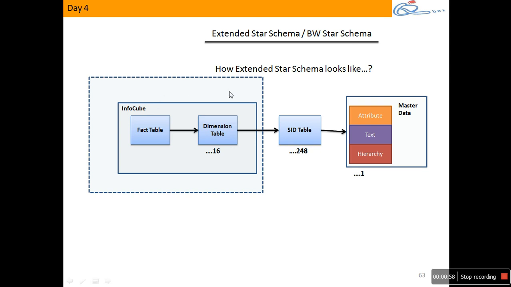Now if we are focusing on this part of it, only the tables, what is part of the cube, then we'll combine both. What you'll have in the cube is a fact table and dimension tables. Only two kinds of tables, fact table and dimension tables. For now, understand there is only one fact table, but when you get on the system, I'll open that up later. But one fact table and maximum up to 16 dimension tables you will have.